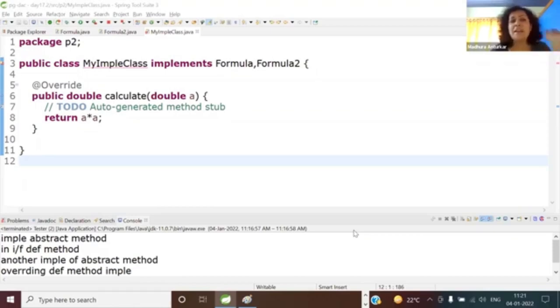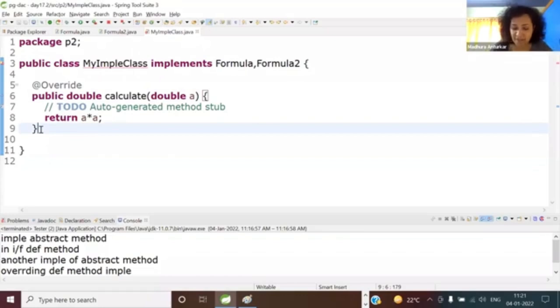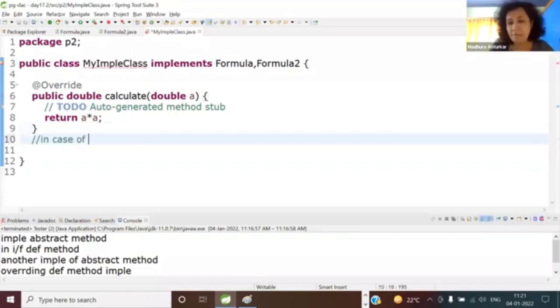No, I'm not changing any interfaces. No abstract class. Yes, Rajveer is right. Compiler forces. Write it down. In case of, I mean, you don't have to write that down. Anyway, you'll get it. In case of